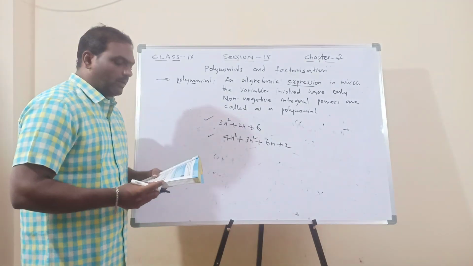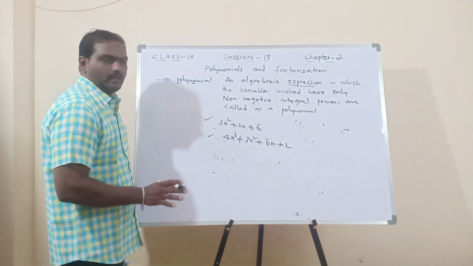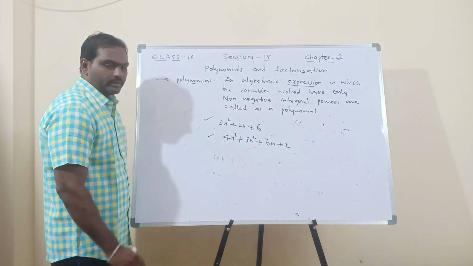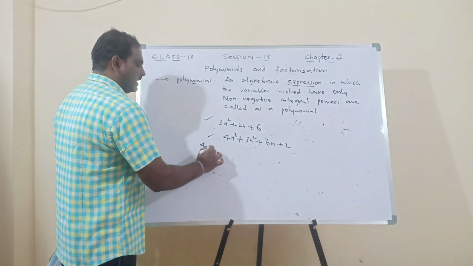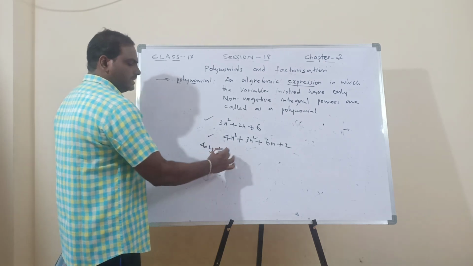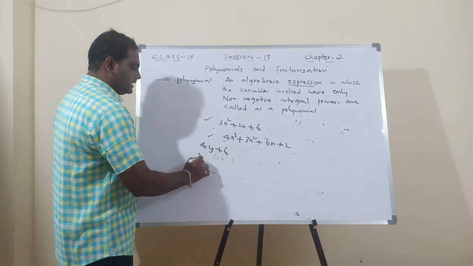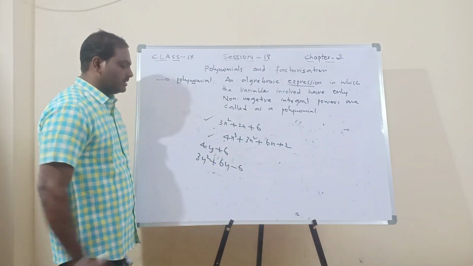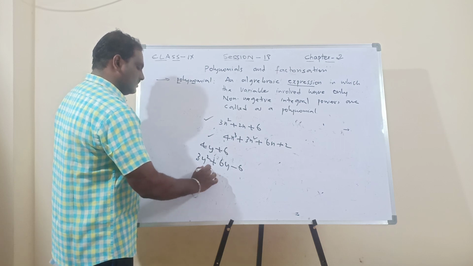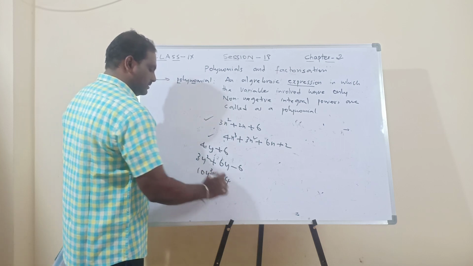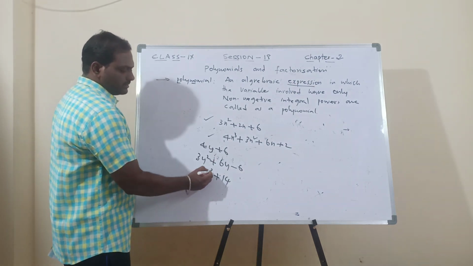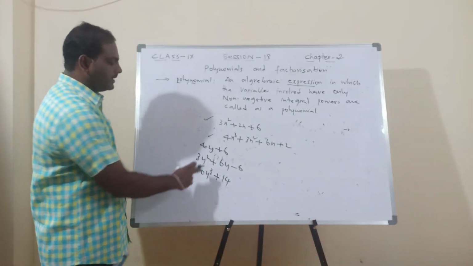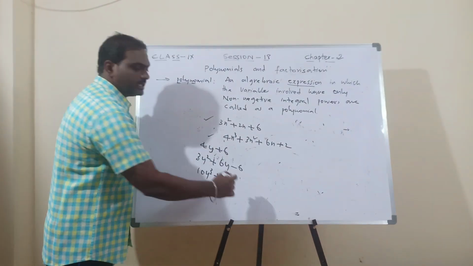The same question. Write 3 polynomials with variable y. Very simple. This time we have to write 3 polynomials. But what is the change? The variable must change. What variable do we have to take? Y. Now I will write 4y plus 6. Is it a polynomial or not? Yes, it's a polynomial. Next, 3y square plus 6y minus 6. Yes, it's also a polynomial. Next, 10y cube plus 14. Yes, it is also a polynomial. So the condition is it must be an expression, it must have one variable, and the power must be a non-negative integer power. So these are the 3 examples.